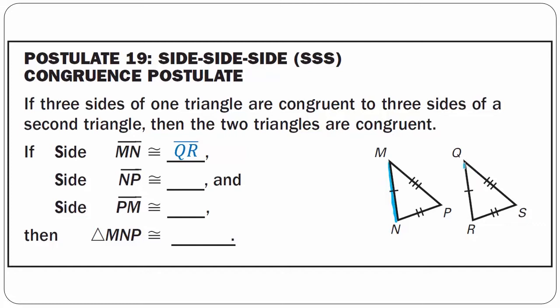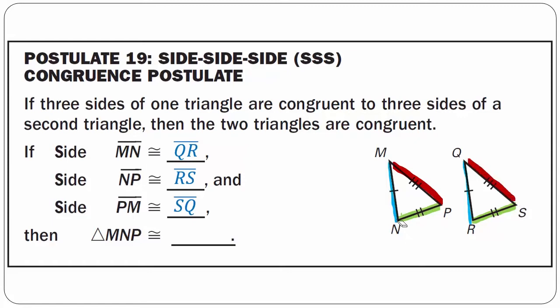MN is congruent to line segment QR, and we know that they're congruent because they have one tick mark on the sides. And side line segment NP is congruent to line segment RS. NP has two tick marks, which means it's congruent to RS, which also has two tick marks. And line segment PM is congruent to line segment SQ. Line segment PM has three tick marks, which means it's congruent to line segment SQ because it also has three